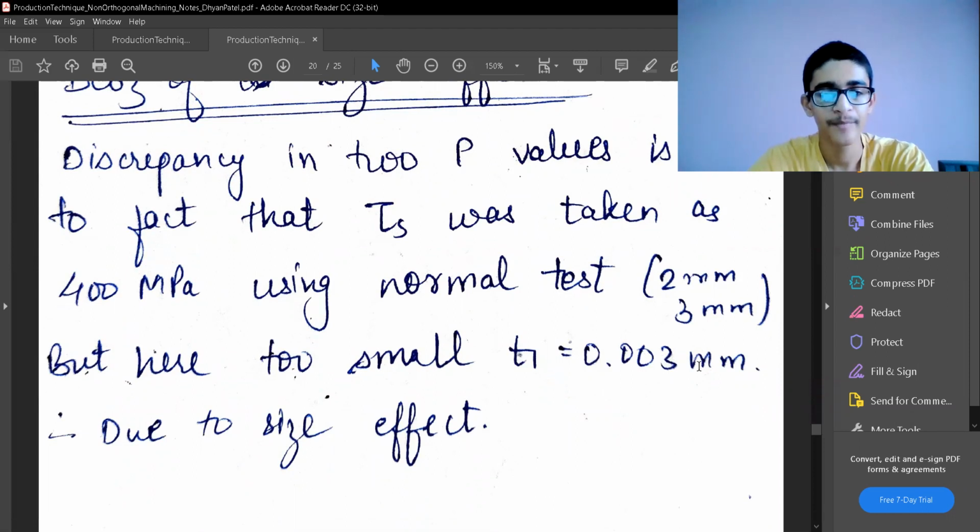So this is a micro world, and in the micro region the material property values depend a lot. So the change in the tau s value has been a major factor to underestimate the value of my power required. So energy approach is giving me a more realistic power, which was also seen during the actual machining. So this is called the size effect, that the size of the grains or the size of the chip are going to handle the value of tau s, and that is going to handle the value of Fc and power again. So we'll end over here.